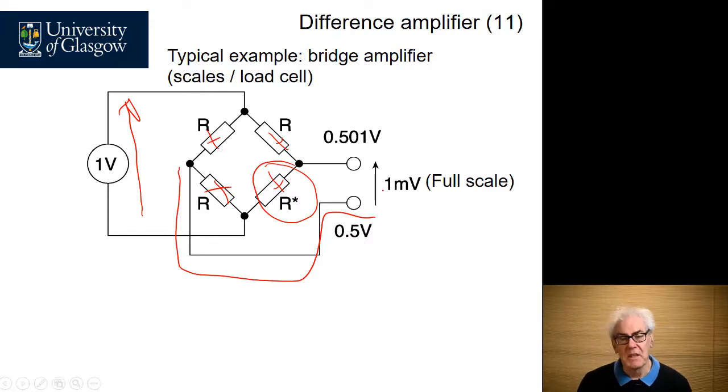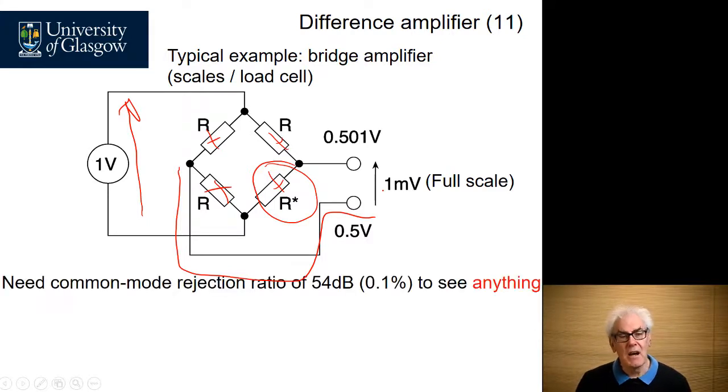We'll talk more about this in a second, but in the scenario here, if we wanted to see anything at all, we would need a common mode rejection ratio of about 54 dB before any error due to common mode gain